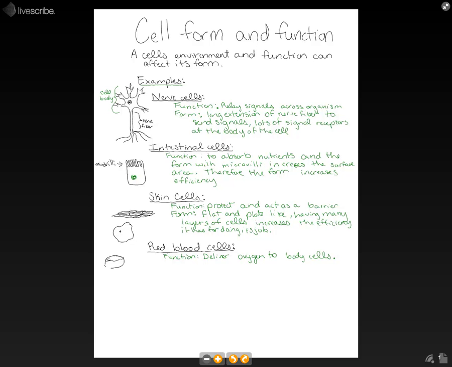So one of the main functions is to deliver oxygen, and its form has no nucleus. The nucleus is removed from red blood cells as it exits the bone marrow. So this doesn't seem like it really would be a benefit, but that leads to the dimpled shape,